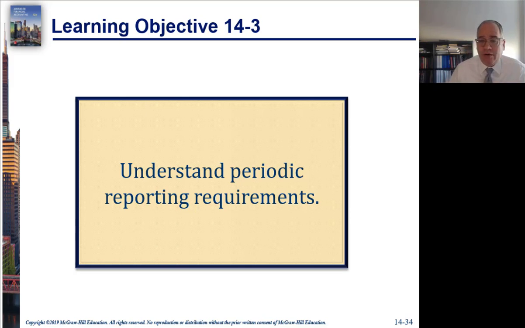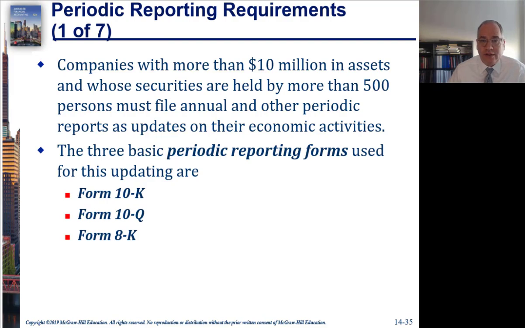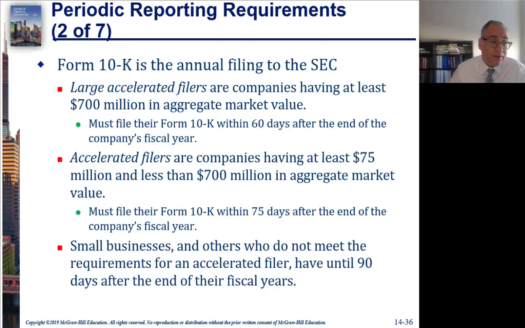Periodic reporting requirements of the Securities and Exchange Commission. Companies with more than 10 million in assets and whose securities are held by more than 500 persons, and this is most companies, must file annual periodic reports to update their economic activities. And there are 3 forms to know: the 10K, the 10Q, and the 8K. There are other forms. The 10K is the annual filing,